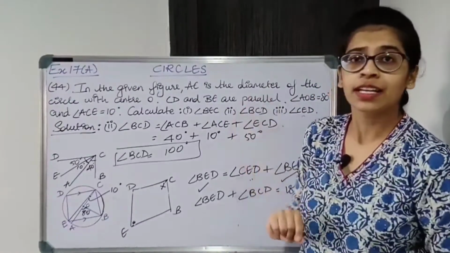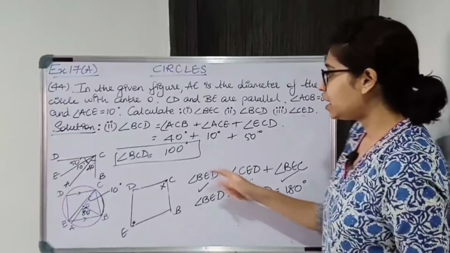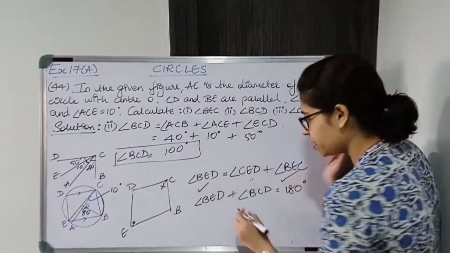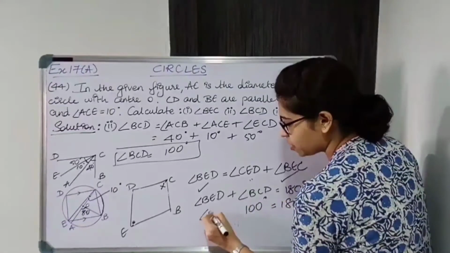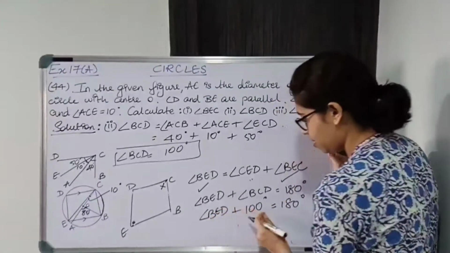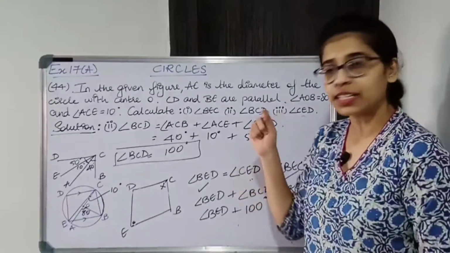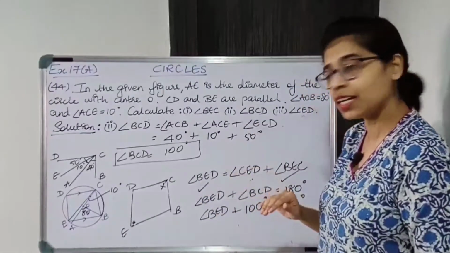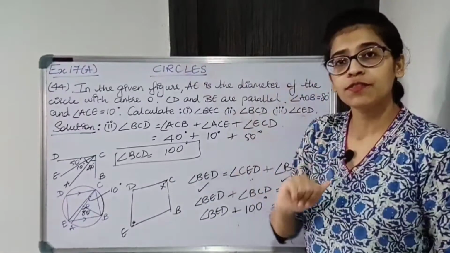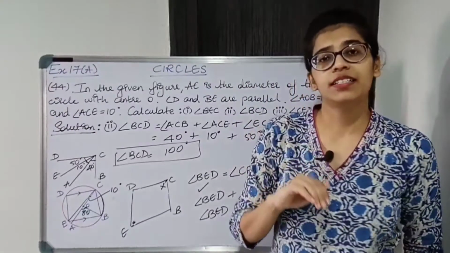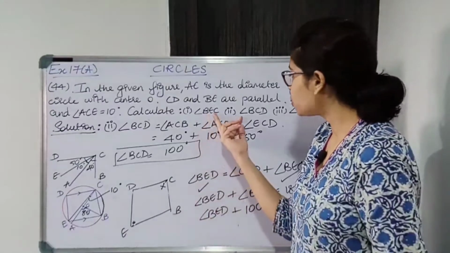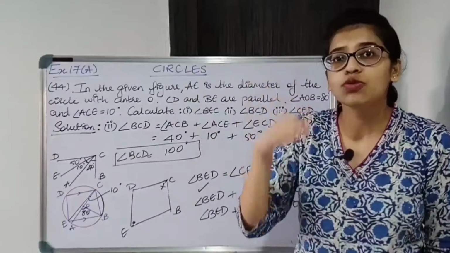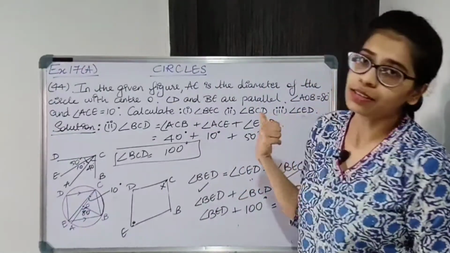This applies for the cyclic quadrilateral. BCD students, abhi we found it is 100 degrees. So angle BED is 180 minus 100, that is 80 degrees. So BED मिल गया. BEC we already found in first part, so we can easily find angle CED. Okay, so this is very easy. जो first two angles find किया है ना, that will be useful in finding the angle in third part.